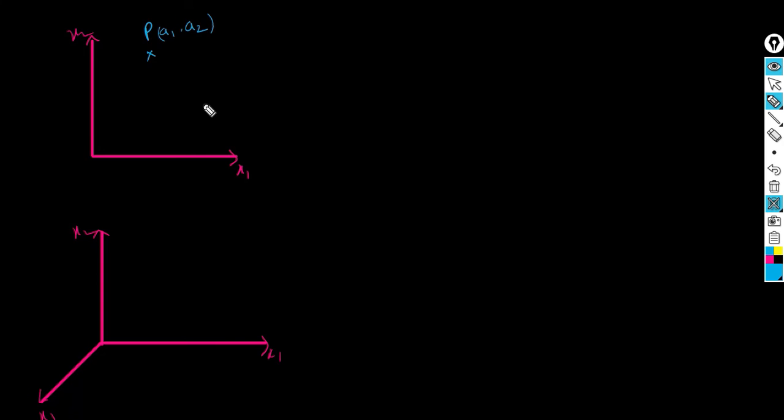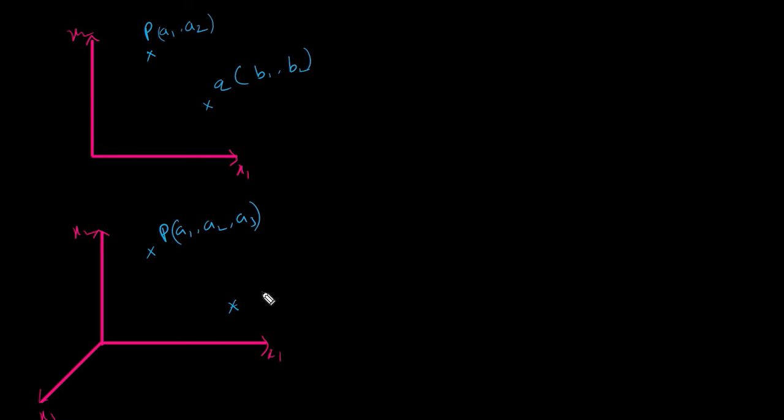Similarly the point Q, and here the x1 component is b1, x2 component is b2. Similarly here also, let's consider in parallel, we can go that way. x1 component is a1, x2 component is a2, x3 component is a3, and another point Q, with components b1, b2, b3. Okay,